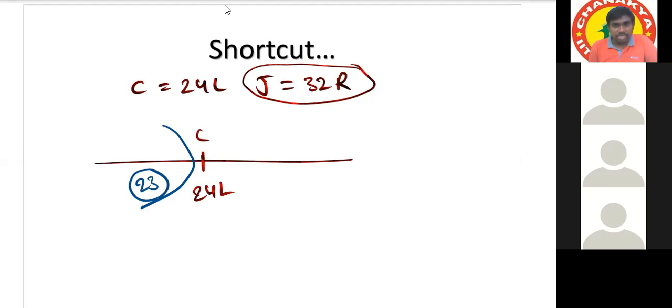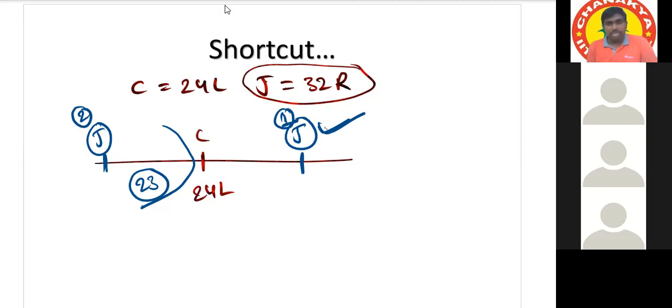So in one possibility, Junnu may be on the right of Chinnu, and in another possibility, Junnu can be on the left of Chinnu. This is one possible place and this is another possible place. Suppose I number them: this is 1 and this is 2. In position 1, it is a non-overlap case. In non-overlap, we can accommodate any number of persons between them, even infinite persons.